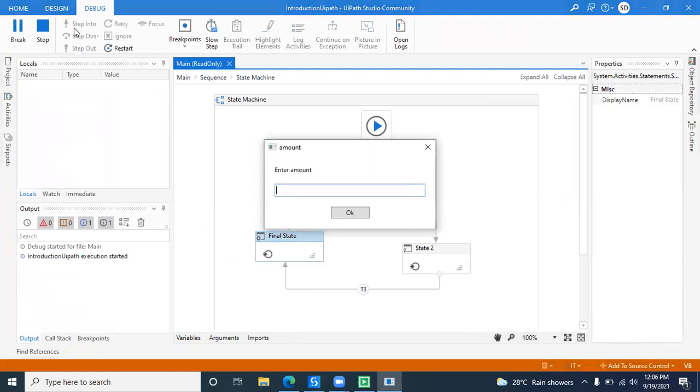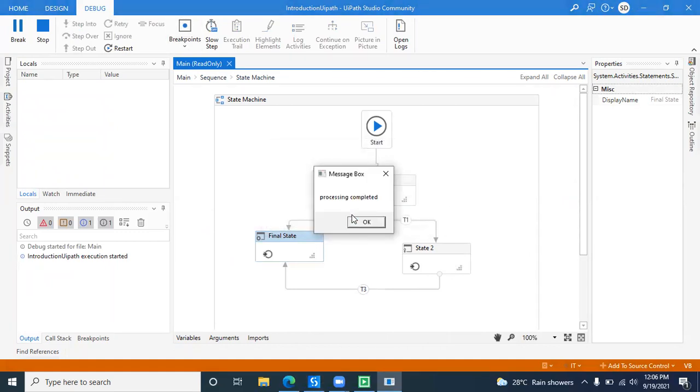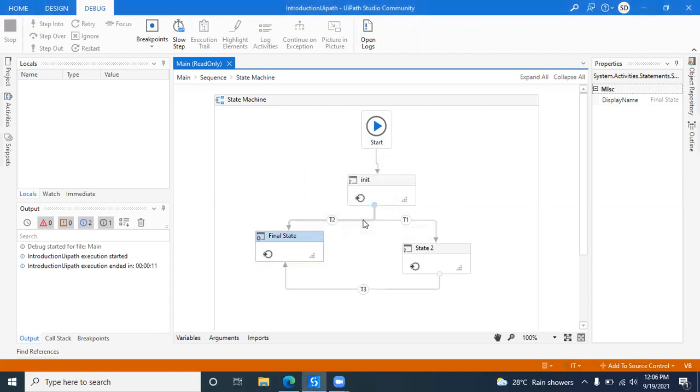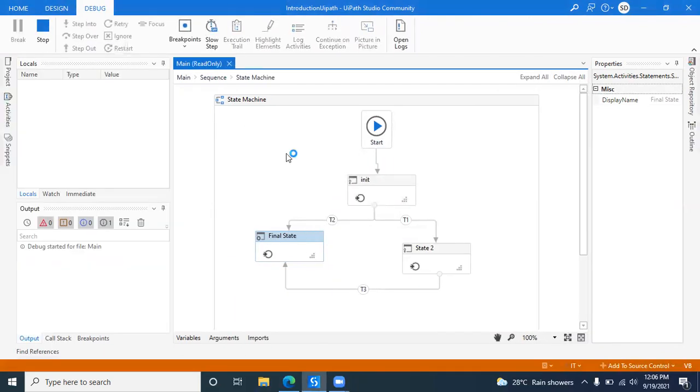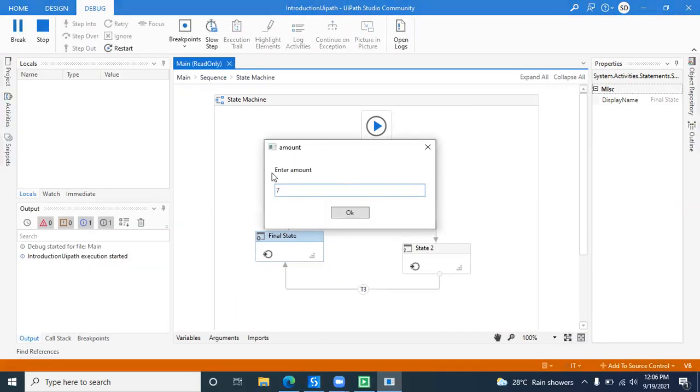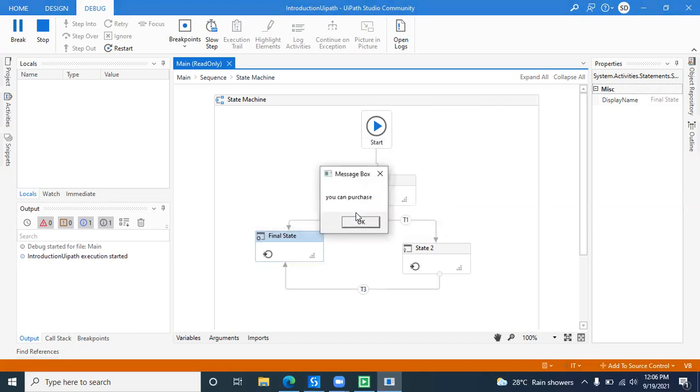Let's say I'm entering 300. Processing completed because you don't have the amount. If I am entering another amount, let's say 700, you can purchase, and at last processing completed. Understood what I have done?